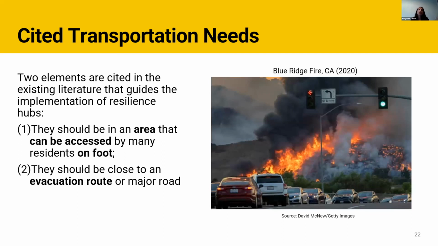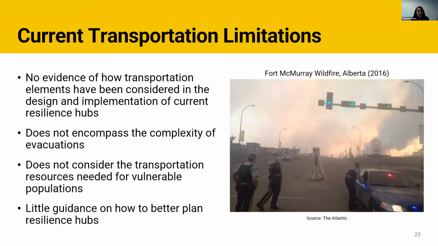The existing literature pointed to transportation aspects that should be considered in the implementation of resilience hubs. First, they should be in an area that can be accessed by residents on foot. And second, they should be close to an evacuation route or a major road. However, there is no evidence on how these elements have been considered in the design and implementation of current resilience